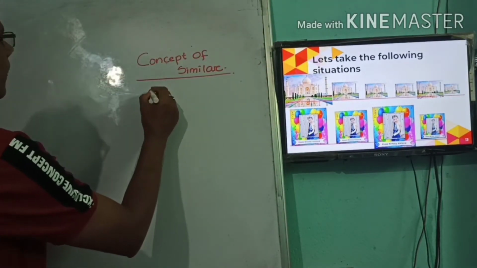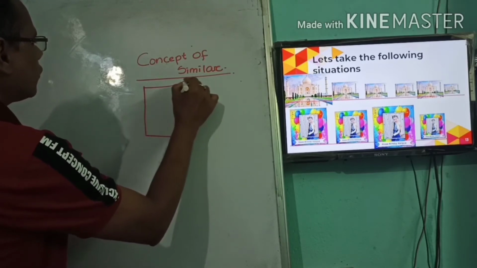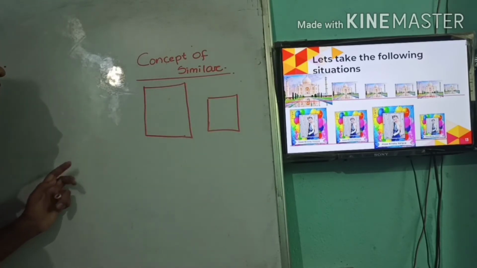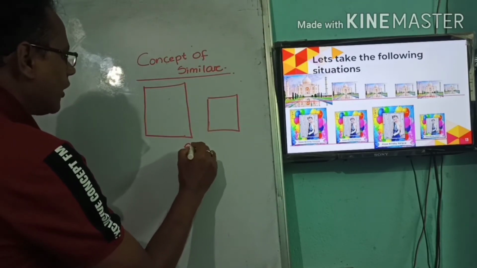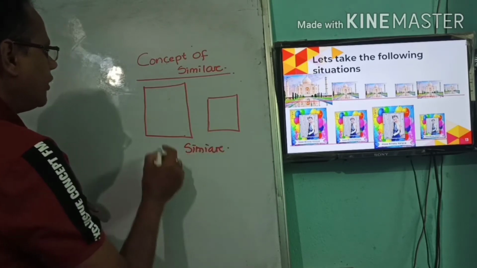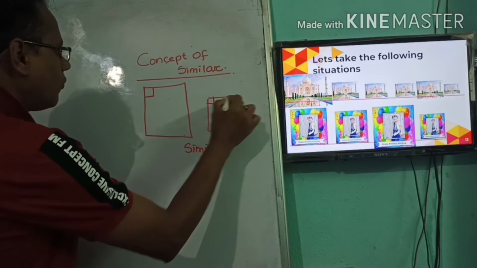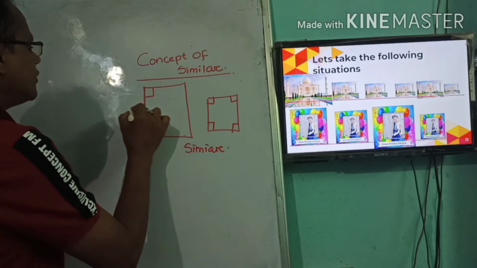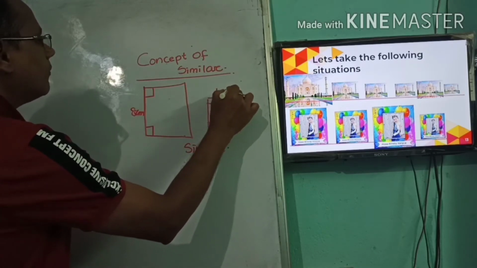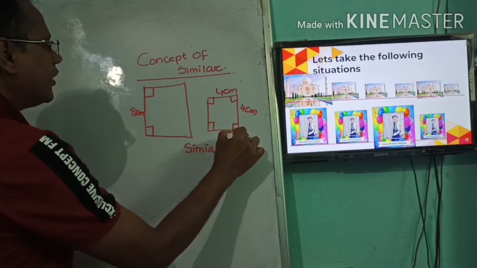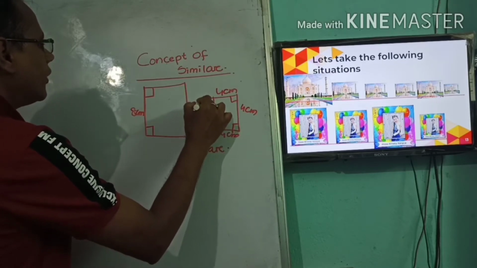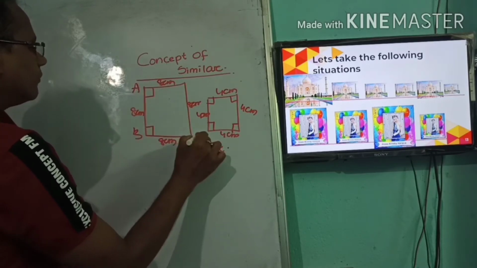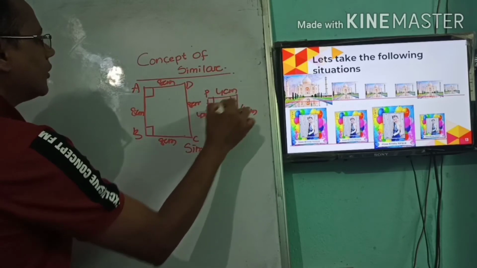Here you can see this is the bigger photo frame and this is the smaller photo frame. Are you getting the point? So these are similar. Then what happens for the sides? All the angles will be the same. Definitely one property, all the angles will be the same. But regarding the sides, if this is 8 cm for example and this is 4 cm, all the sides are 4 cm here, and it is 8 cm again, it is 8 cm. If I name this ABCD, and this PQRS,